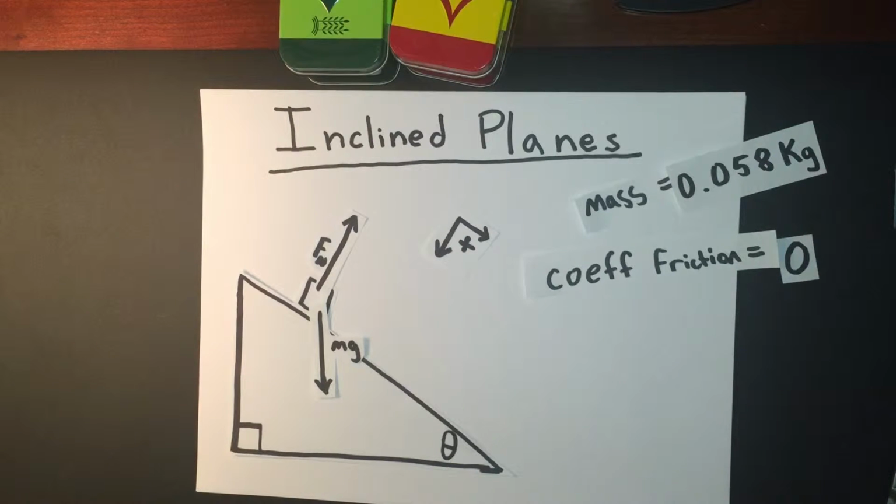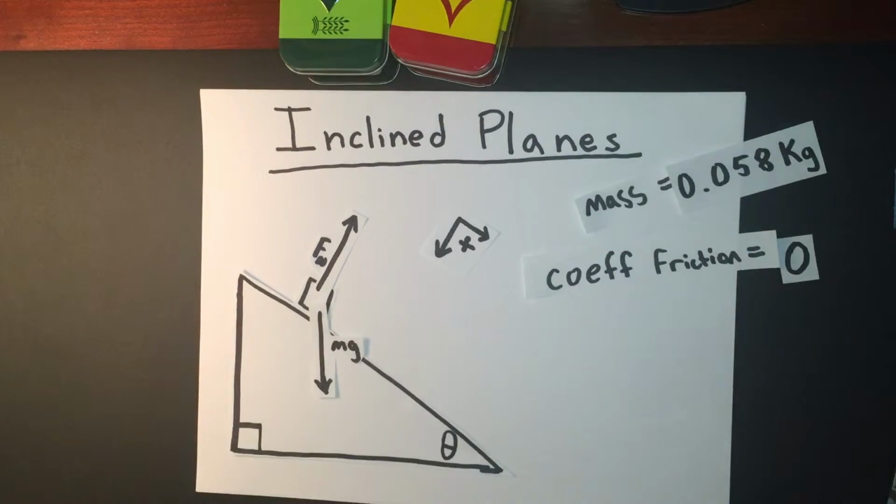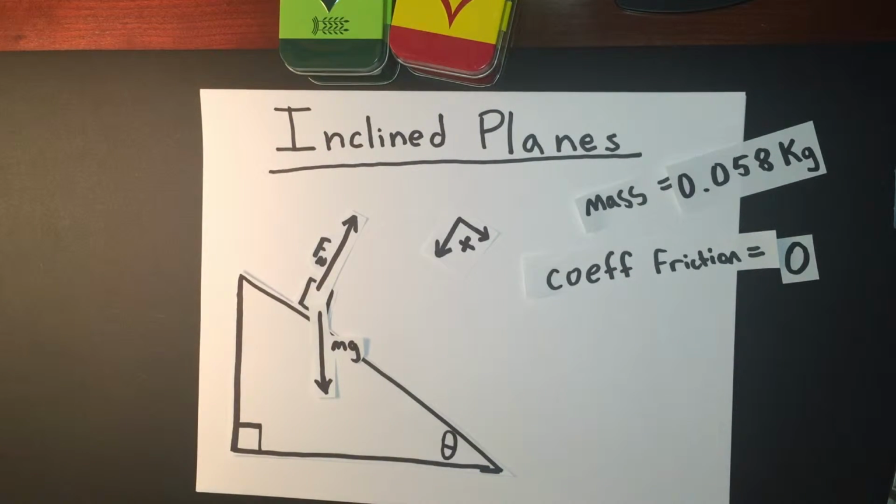After you situate it correctly, you have to decide which ways are positive and which ways are negative. I like to choose down ramp and into the ramp because the block isn't tied to anything pulling it up ramp, so the acceleration will end up being down ramp at the end of the problem, and it's nicer to